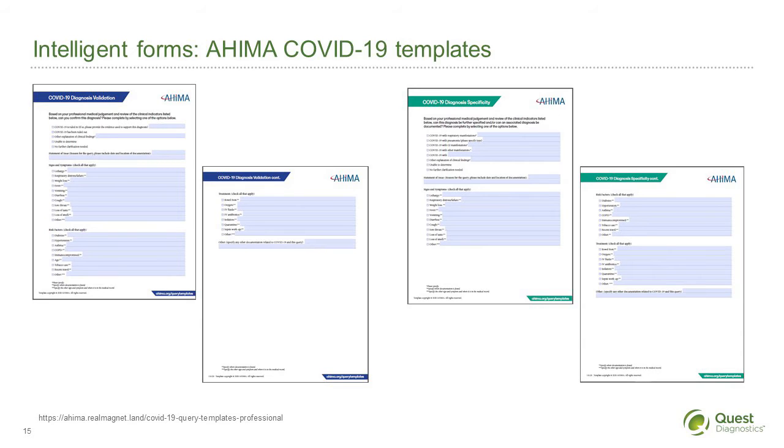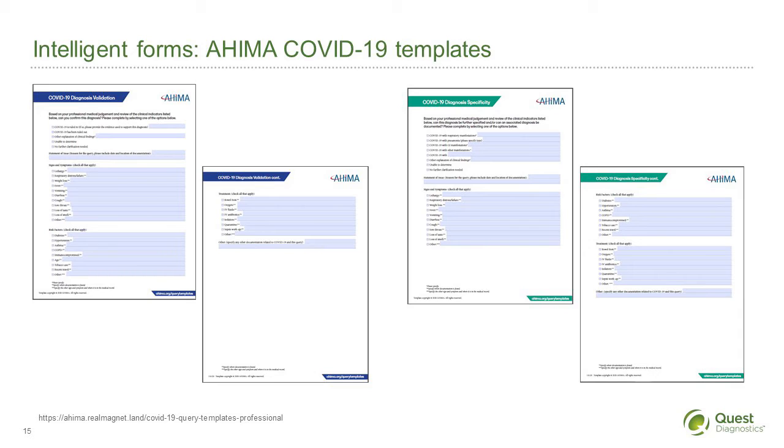Now I do want to show you some electronic forms, some intelligent forms that were created by AHIMA and converted to electronic forms within Enterprise Content Solutions. So in these examples, we have a COVID diagnosis specificity form and diagnosis validation form. And as you know, a COVID patient's hospital stay can be very complicated, and the CDI professional may need to communicate back and forth with the clinician to fully understand the extent of the illness to properly